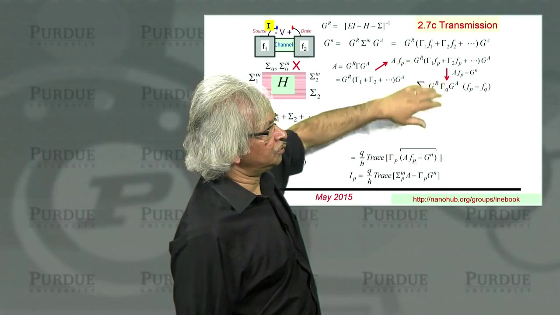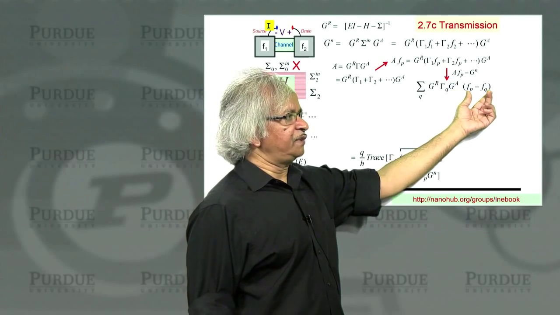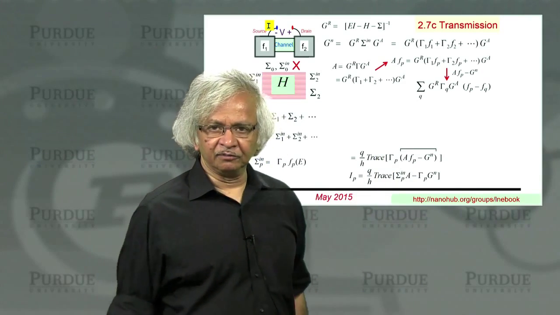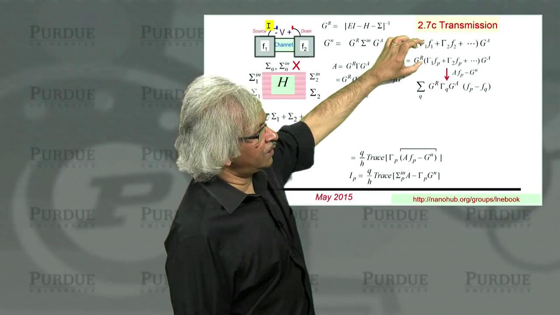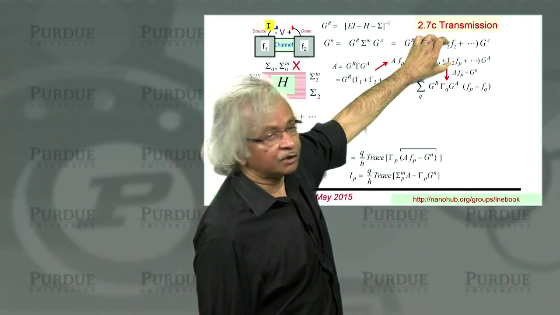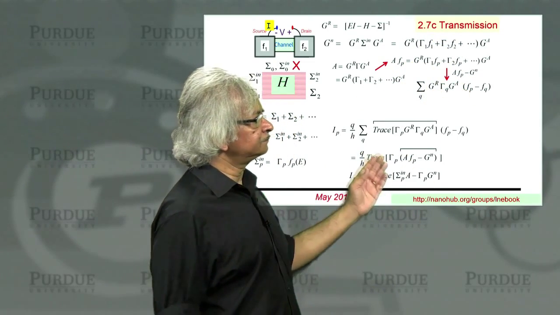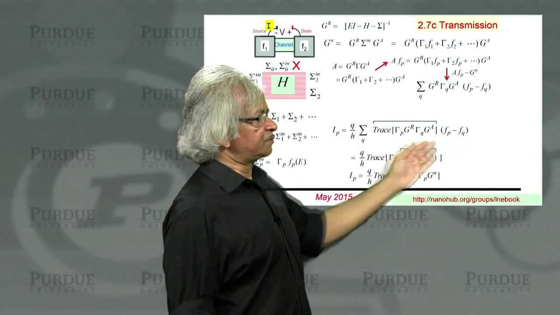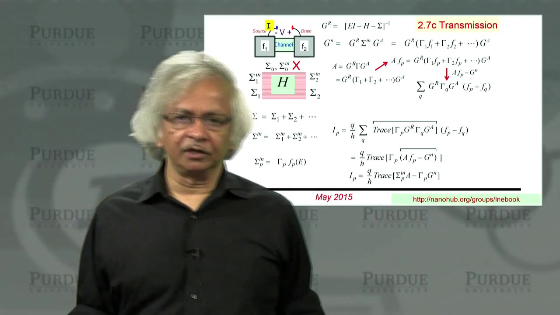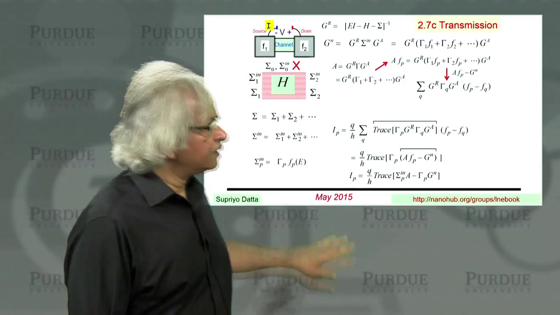So when I subtract the two, you see what I get is Gr, gamma Q, Ga, Fp minus Fq, where Q runs from 1 to however many terminals you have. So if you put Q equals 1, you get the difference of the first two, these two terms. If you put Q equals 2, it's the difference of those two, and so on. Now if you take that expression and put it back in here, you'll get this general expression for current in a multi-terminal device. And those of you who are familiar with the Büttiker equations, which we briefly discussed in part A, will notice the similarity.